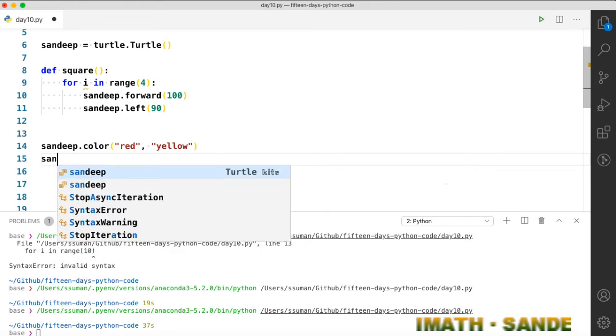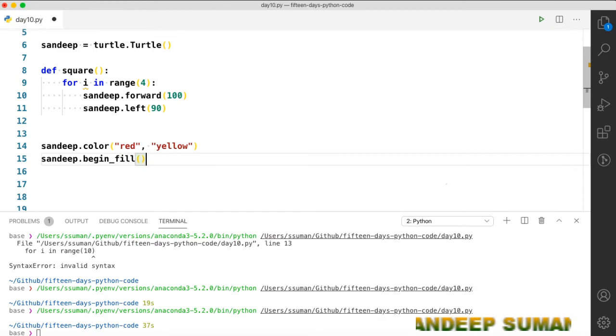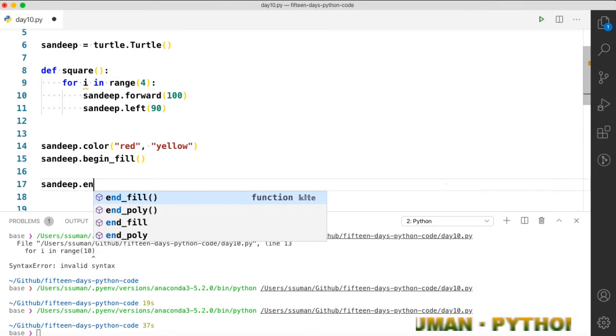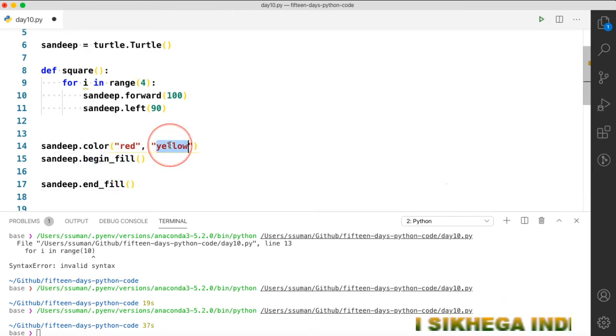So Sandeep dot begin fill and Sandeep dot end fill. And whatever shapes it creates, it will fill with the second color.